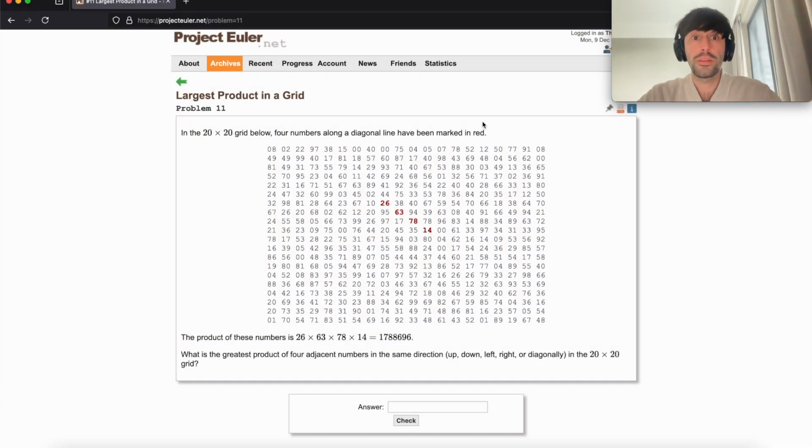So hello everyone, once again we are here solving algorithms and coding mathematical challenges on the internet, and we are here today with problem number 11 from Project Euler.net, and the name of the problem is largest product in a grid. It says here that in the 20 by 20 grid below, 4 numbers along a diagonal line have been